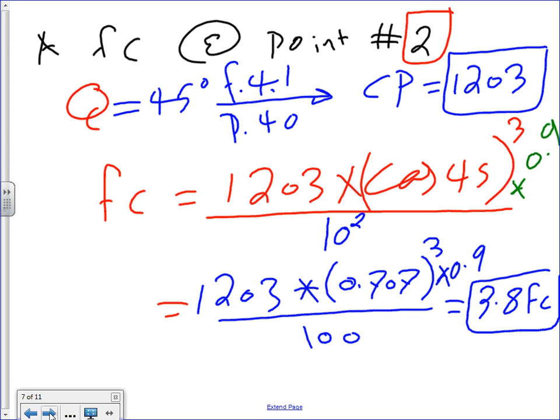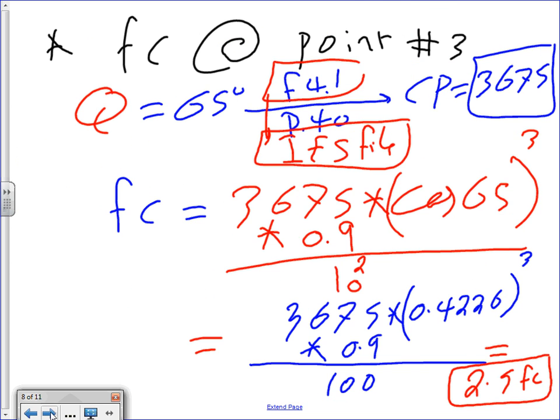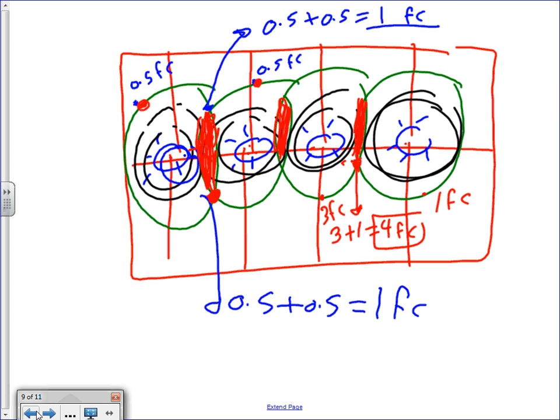Okay, now, foot candle at point 2. Now, Q at point 2 is 45. Where the heck did I get the 45? I have to give you that, guys. You guys see where point 2 is? Can you see the angle here? What's the angle? 45. Okay. Everybody got where the 45 came to be? Okay. Point 2